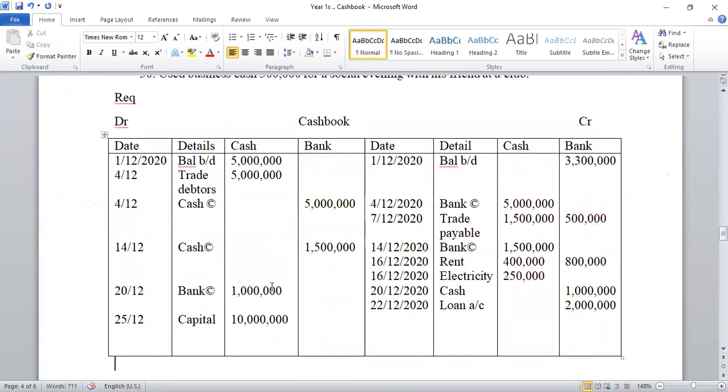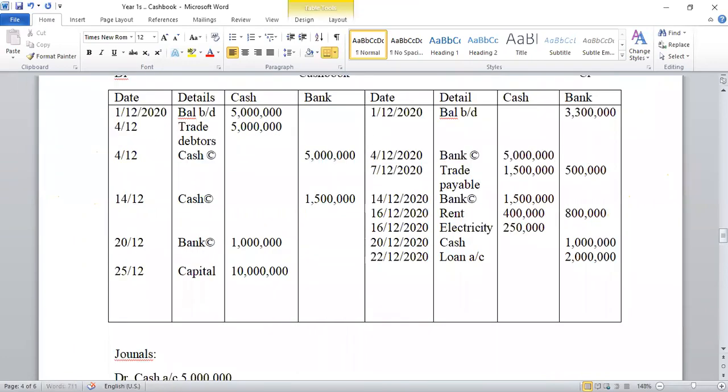100,000 is from a data. So you can say trade debtors account, or allow me use TR, meaning trade receivables account. Okay. Or you can say accounts receivable. Allow me use that. So this was on 27th. Okay, I've received the cash. That's the transaction you do for the cash book.